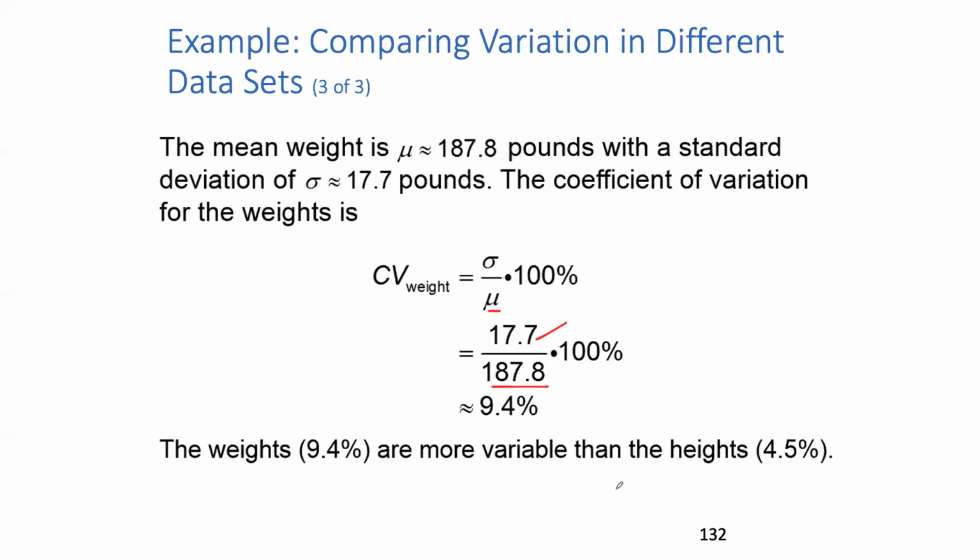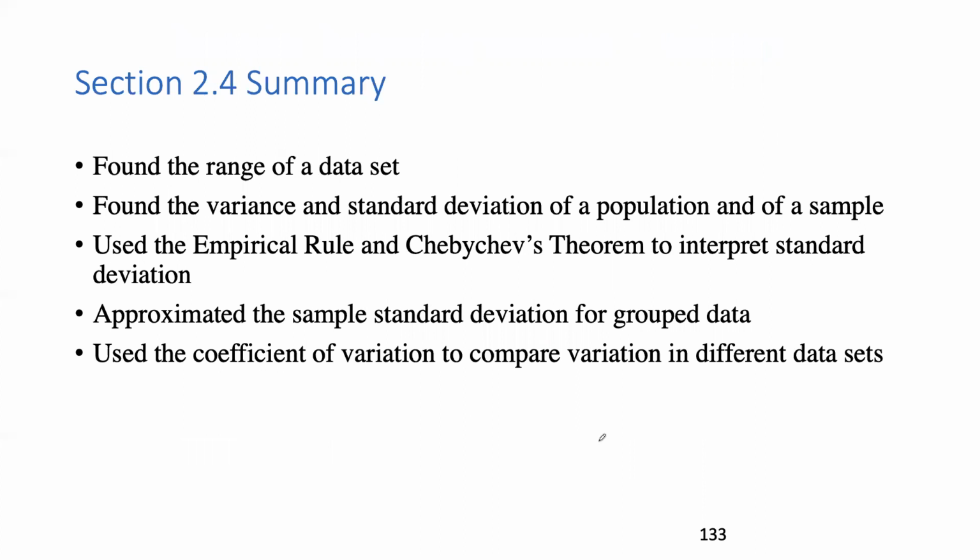So the coefficient of variation is just applying what we already know. We are looking at the typical entry and expressing everything as a proportion of the magnitude of that mean, right? So we're looking at the ratio of the standard deviation to the mean, and then we can use that to compare. Because if you think about the units, height is measured in inches, so it's inches over inches, so it becomes unitless, and then you can compare just the percentages. All right, so that's the last thing I want to talk about in this section around